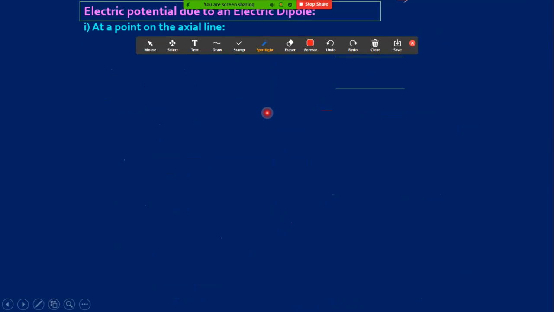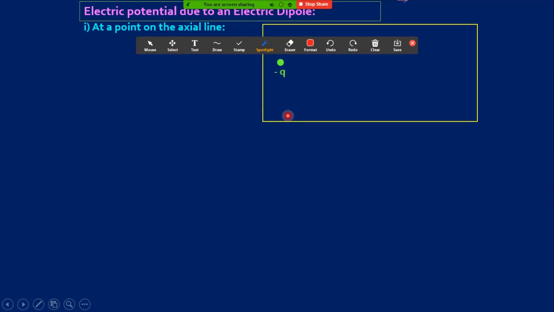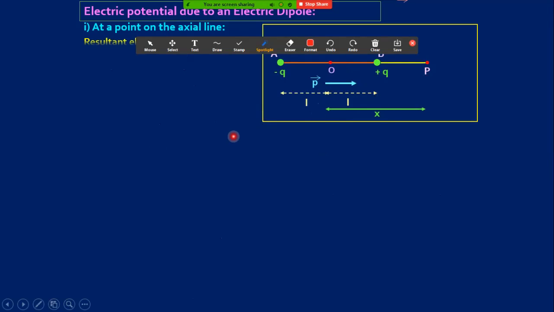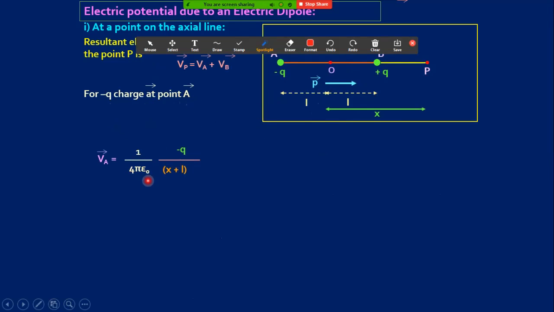At a point on the axial line, we are going to determine the potential for the dipole moment. Yes, it is our dipole moment. Now this is the separation, and we are going to determine electric potential at point A, at a distance x away from O. Now the resultant potential is Vp = Va + Vb. For the minus q charge at point A, potential Va becomes 1 divided by 4 pi epsilon naught, minus q divided by x plus L,